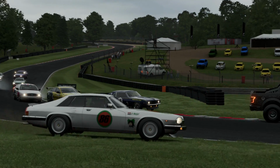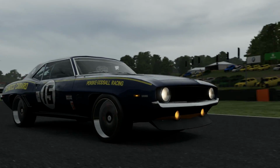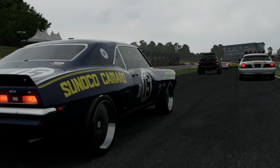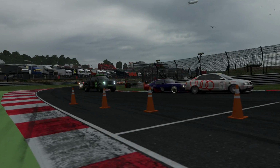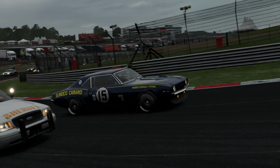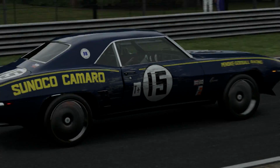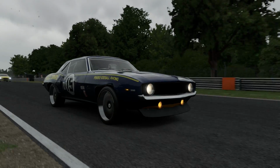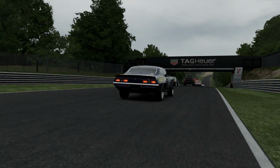Again, if you're going to try and get through, where you have relatively short races, if you're going to get from the back of the field to anywhere near the front, you want to be able to get a good start, get some overtakes done on this opening lap, and the Camaro was managing to pick off cars very nicely so far as he cleared another one, a Crown Vic, on his run through kind of towards the halfway stage